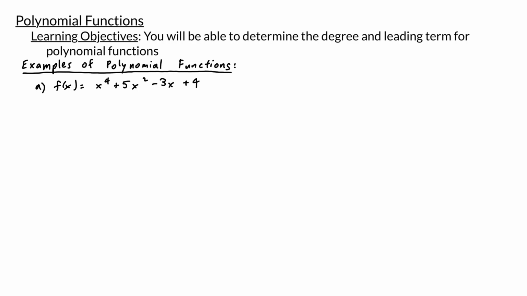0th power. Another example of a polynomial function would be something like g of x equals negative 2x to the 7th power plus 1/3 times x to the 4th power minus 6x plus 5. Again, this is a polynomial function because the formula to compute the output consists of sums of powers of x. We have some multiple of x to the 7th plus some multiple of x to the 4th plus some multiple of x to the first power plus 5, and this plus 5 can be thought of as 5 times x